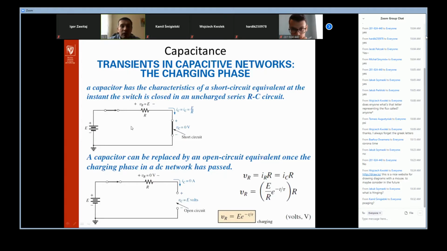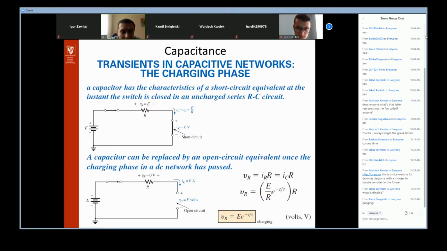the electronic circuits with the capacitor and wanted to make the transient analysis according to the charging phase, and the switch is turned on, we can say that at the first moment the empty capacitor, it is important, empty capacitor, looks like the short circuit. Only at the first moment when the switch is closed. And after time equal 5 tau, you can say that it is for us the steady